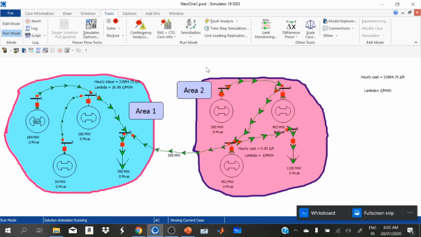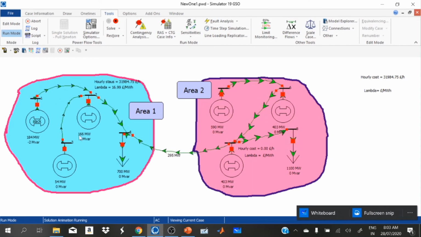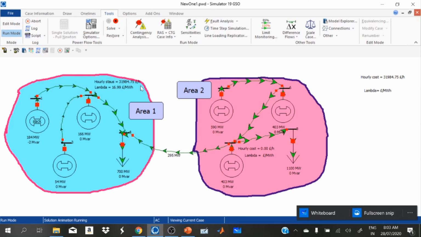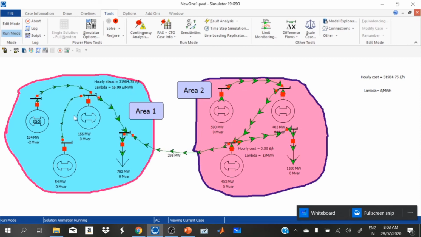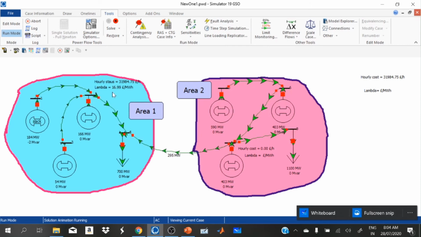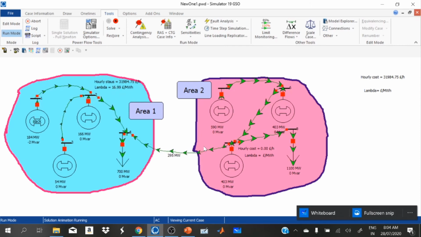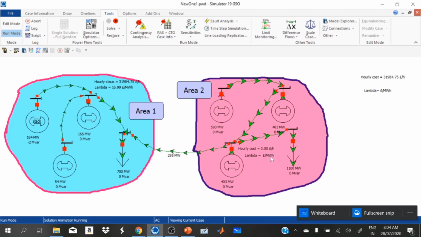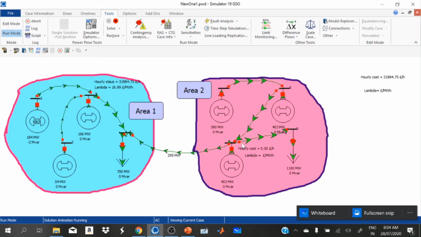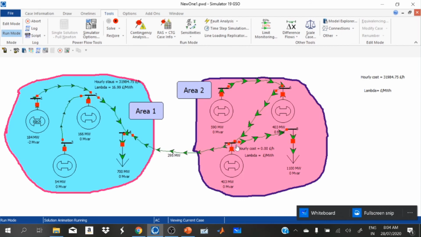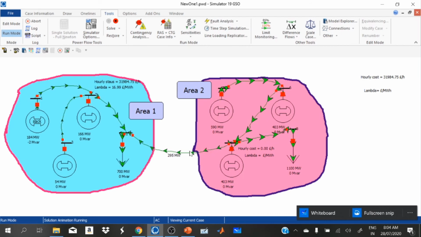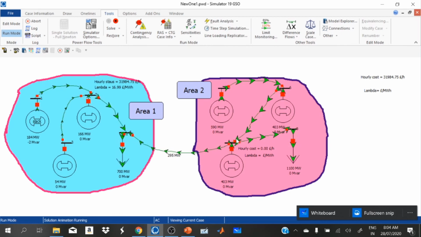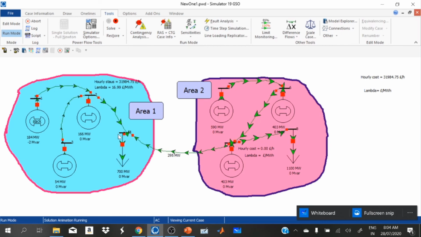Here for the total area, the hourly cost is $31,984 per hour. The lambda of the whole area is 16.99. Because the lambda is less in area 2, more power is generated there, and some power is shared with area 1, that is 295 megawatt flowing from area 2 to area 1.